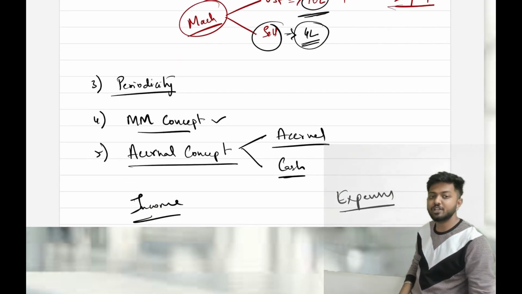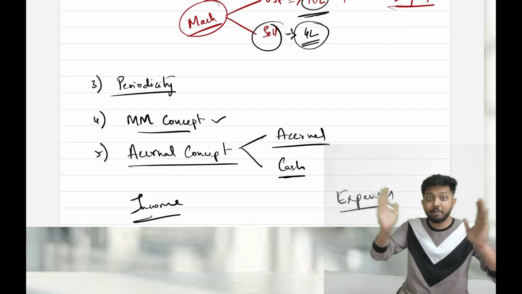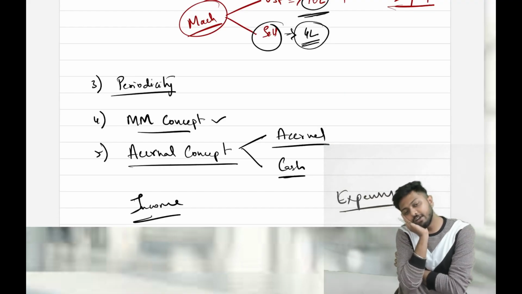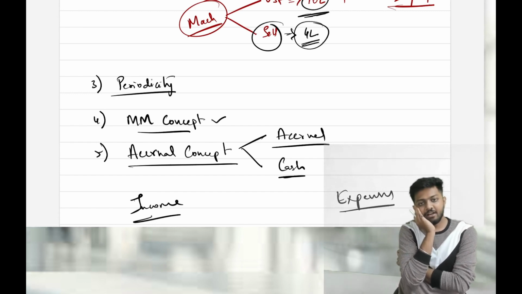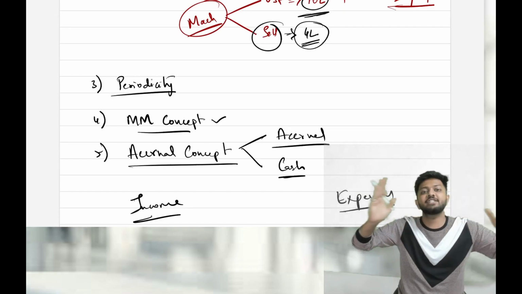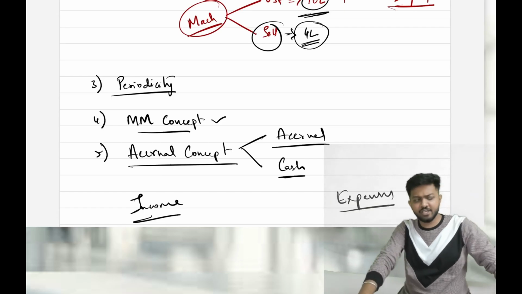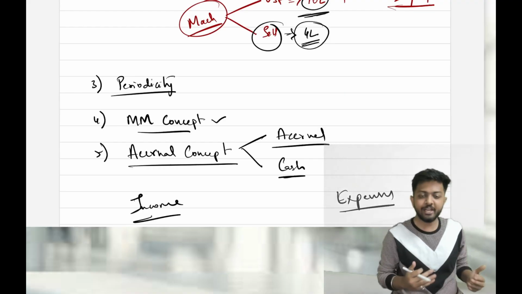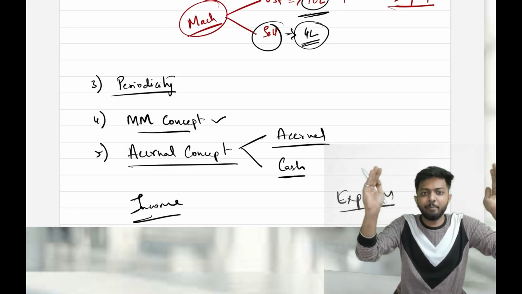Then we have periodicity concept. What do we learn in periodicity concept? Whenever we are preparing accounts, we prepare it for a particular period. Just because your business is a going concern, will you wait till the end of the business, let the business get over, and then record all the entries? No. We prepare financial statements generally for every 1 year, for a financial year, which is April to March. If you are a listed company, then you prepare your accounts every quarter. As per periodicity concept, the transactions are recorded and the financials are prepared for a particular period.